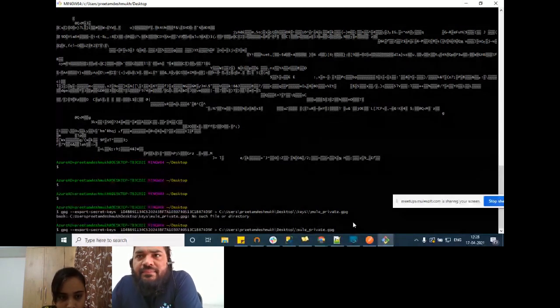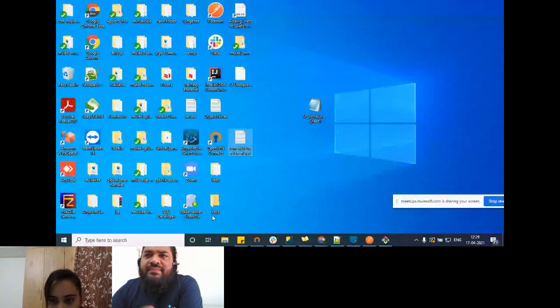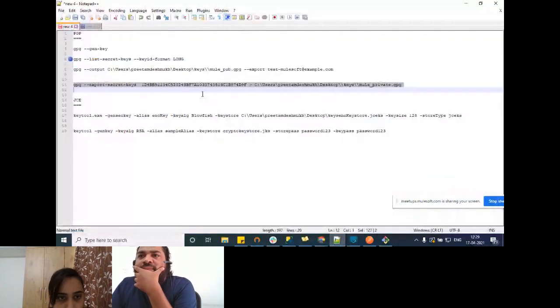We can provide any file name, that's fine, but the extension should be .pgp. I'm not sure why it's not creating a file. Maybe double quotes are required. Wait, just give me a sec.